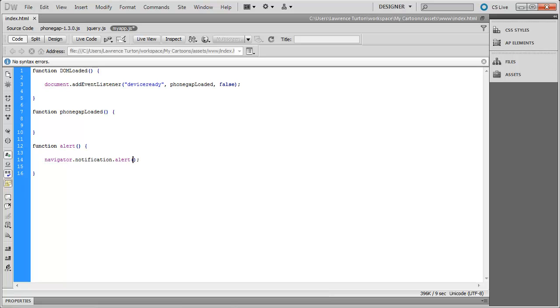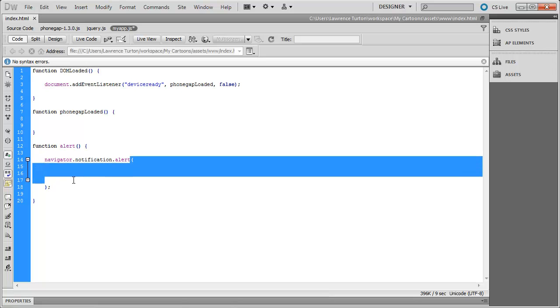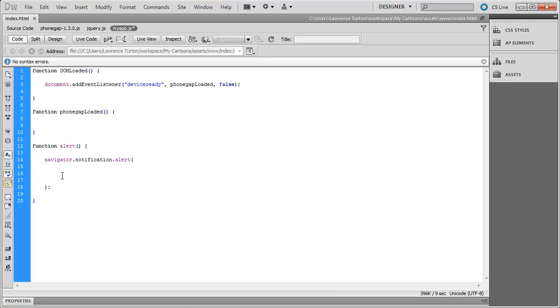And then open and close our brackets and end with a semicolon. Now in between those two opening and closing brackets, what we first want to define is the message that our alert dialog box is going to display, and we want to put the message inside of quotation marks. Very, very important. So I'm just going to say hello world, then I'm going to put in a comma,